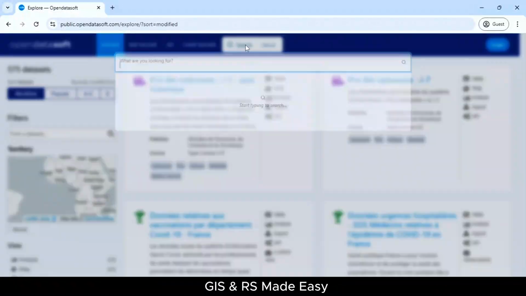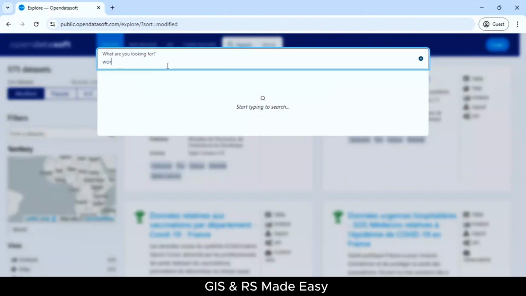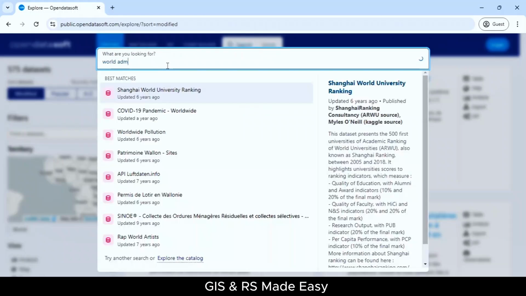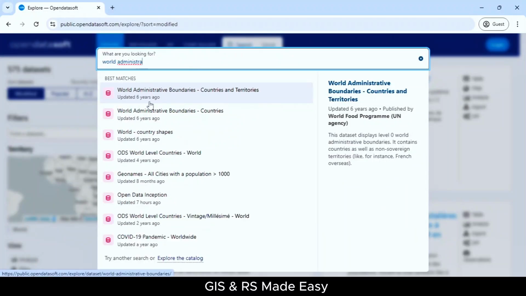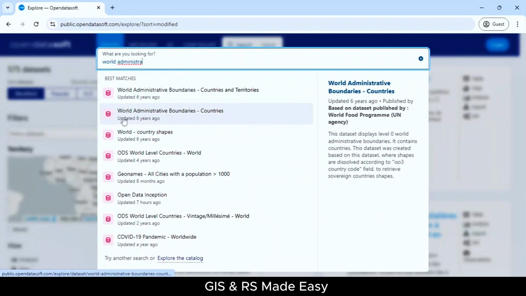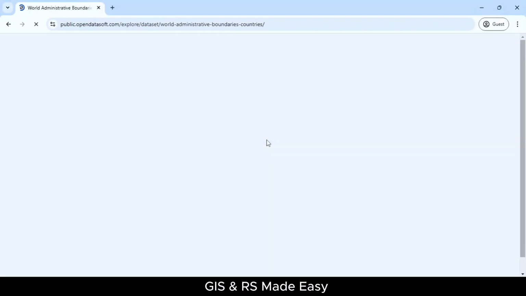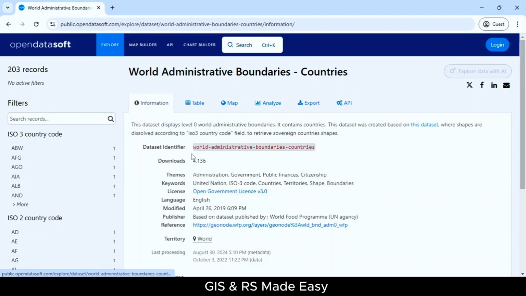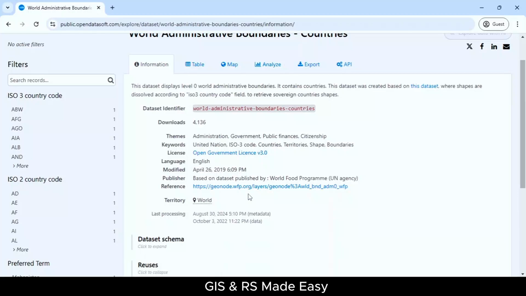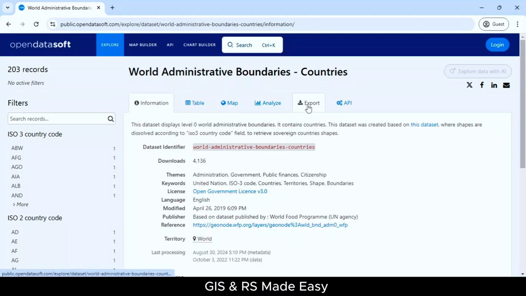Now you can search here for world administrative data. The best match is here: World administrative boundaries, countries and territories. We will use world administrative boundaries countries. You can get the information from here. And to download this dataset, go to the export button